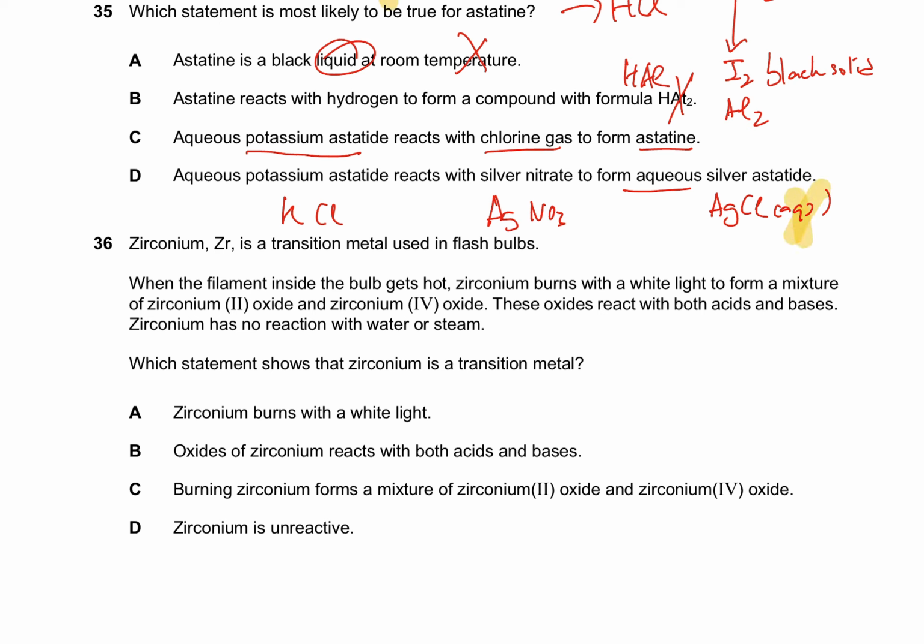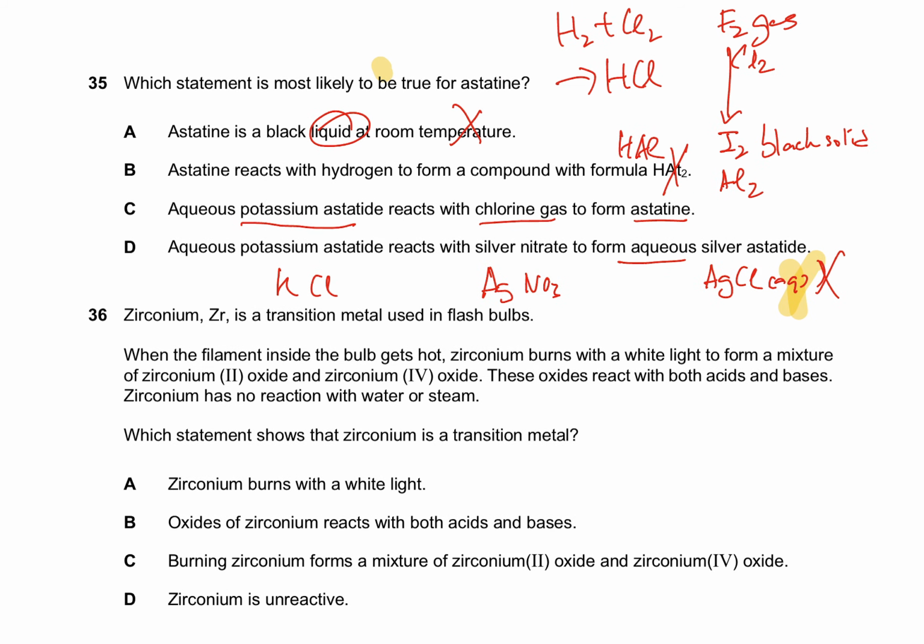So silver chloride is insoluble, means that silver bromide is insoluble, means that silver fluoride is insoluble, means that silver iodide is also insoluble, means that silver astatide is also insoluble. So the problem here is that it cannot be aqueous. Silver astatide is an insoluble solid. So therefore, the only one that is correct, that is most likely to be true, is C, that the displacement